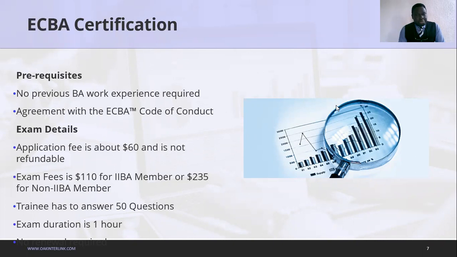No previous business analysis work experience is required for someone who wants to acquire an entry-level certificate in business analysis. Then also, there needs to be an agreement with the ECBA code of conduct. The exam has an application fee of about $60, which is not refundable. The exam fee is also about $110 for the IIBA membership, or